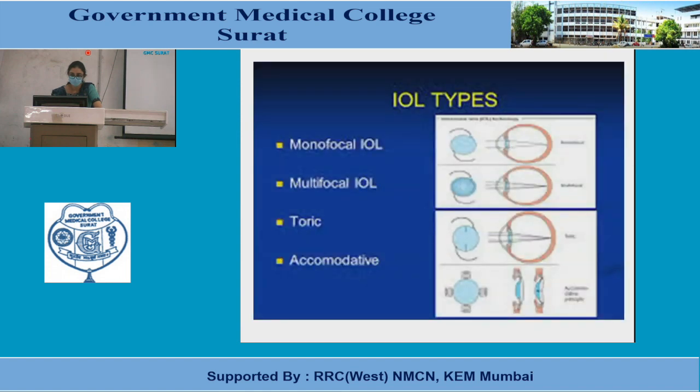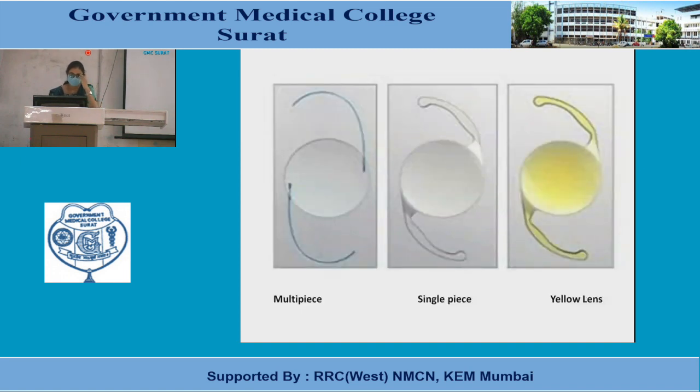So this is the monofocal, multifocal, depending upon the toric IOL, which comes with a vertical line or marking about the toricity of the lens. And these are the various options, where here the optic is multipiece. Why do you say it is multipiece? Because here the blue color is because of the other material that is used. The optic is made of other material. These are all foldable varieties of IOL. But these are the different options.